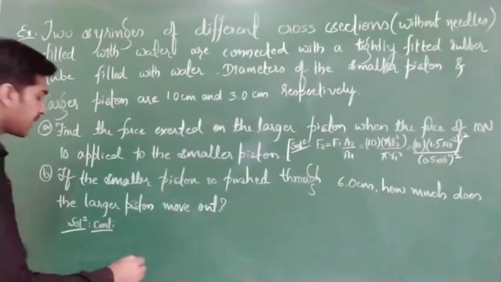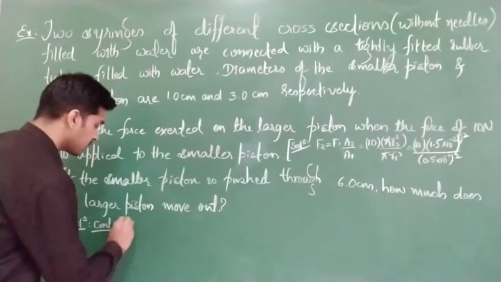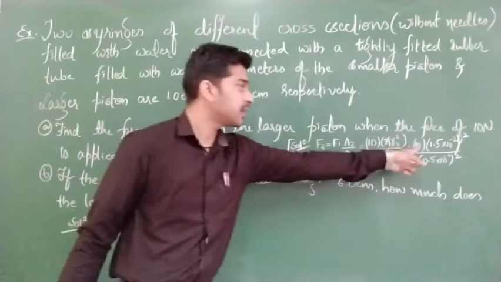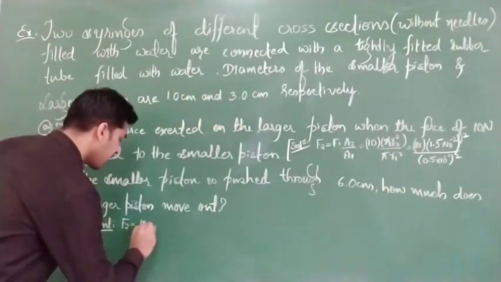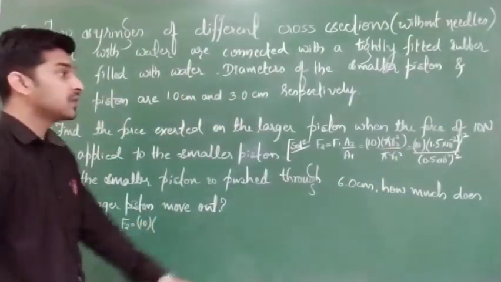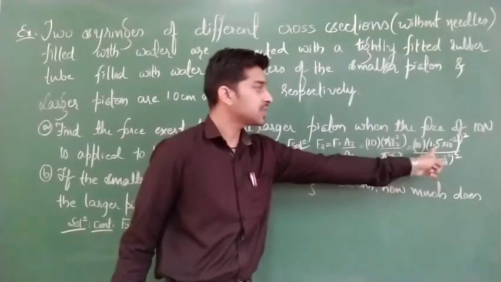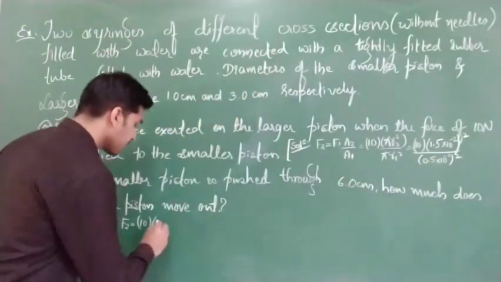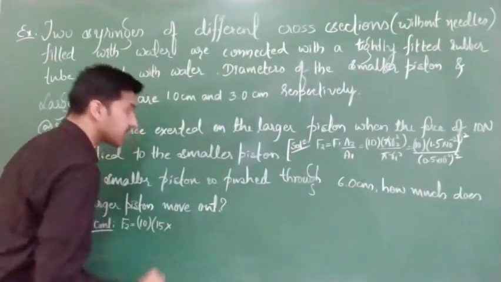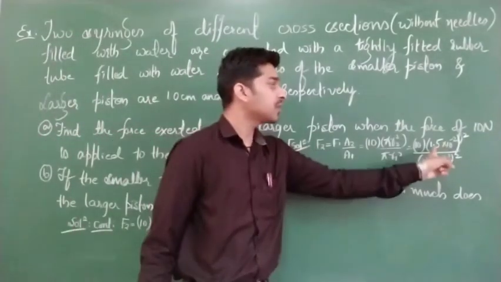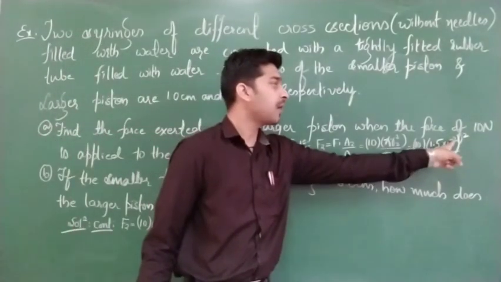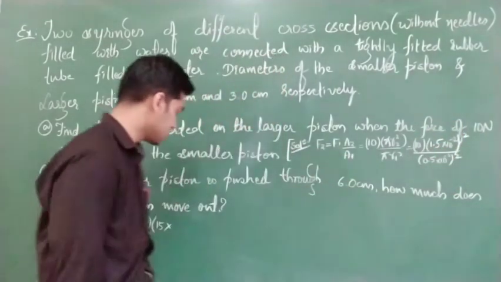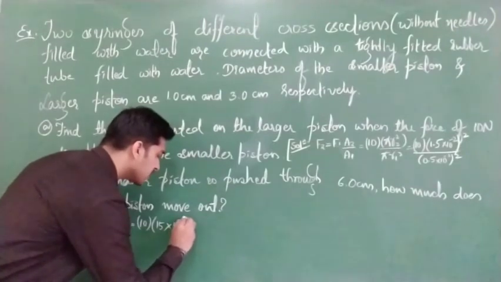So what all the things I can write over here: F2 is equal to 10. 10 as it is I will write next. 1.5, what I will do is I will just shift this decimal point to here. So it will become what? 15. Clear? 15 into this 10 to the power of minus 2 will become what? Decimal is shifting right side, means power of 10 will shift left side of the number line. Correct, no? So 15 into 10 to the power of minus 3 whole square.